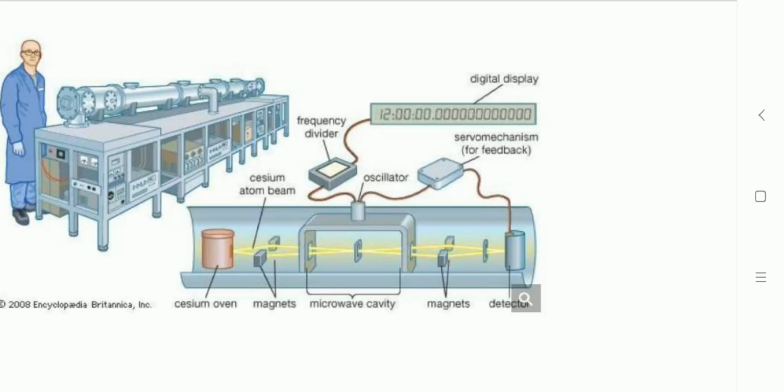Here we are utilizing this microwave cavity because the microwave frequency is available in terms of 10 raised to 9 hertz, and this is the number of vibrations we require. To maintain that frequency within this cavity, from its top part, through the oscillator, this particular frequency is provided to it. Now, the cesium atoms are moving further through magnets to the detector. The detector detects that vibration for the number of times